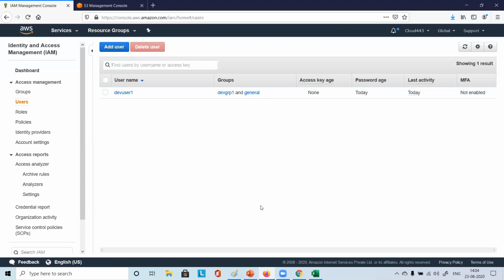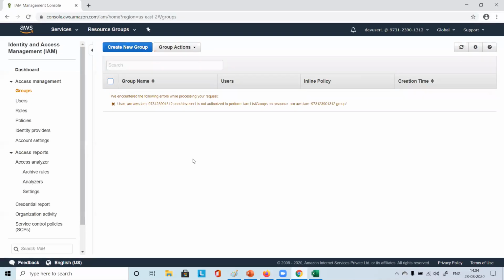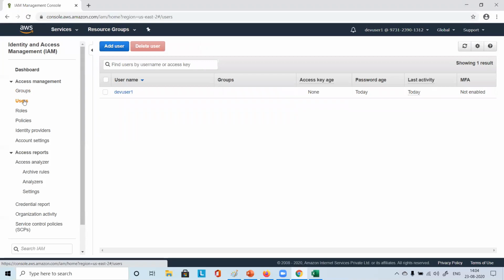So now let's go to another browser, where he was not able to see anything. Let's see here. Click on this user or something. Oh, so this person can see it now. Good. So what else can he do?